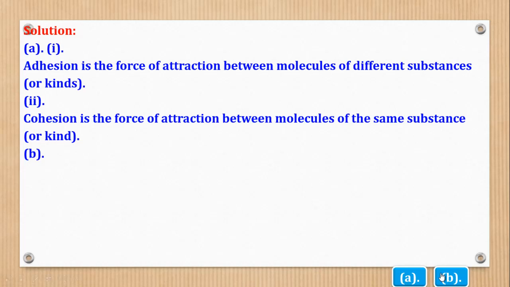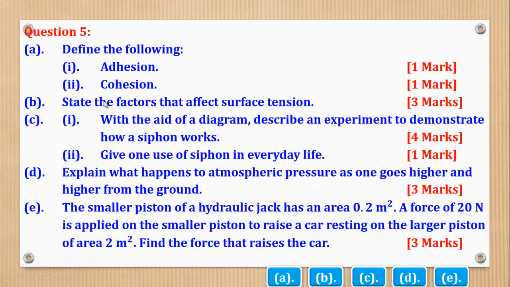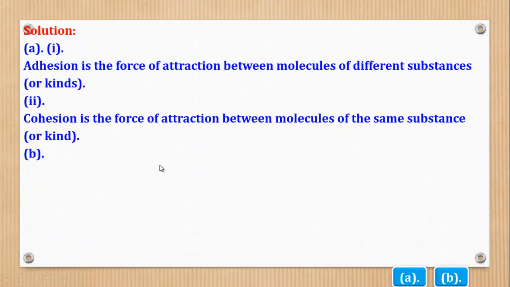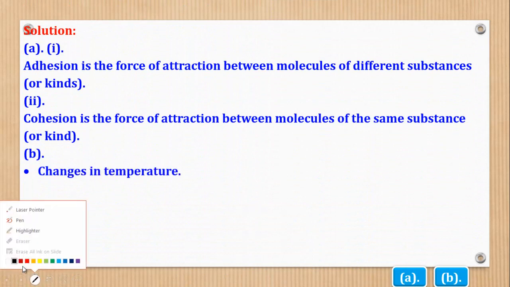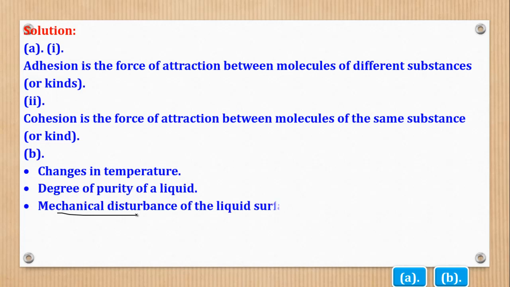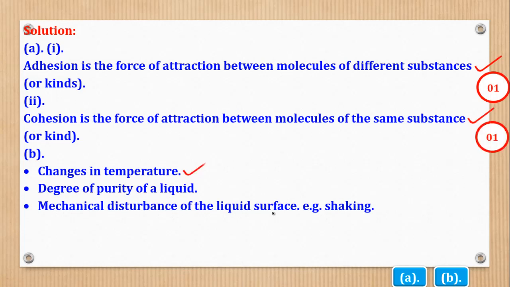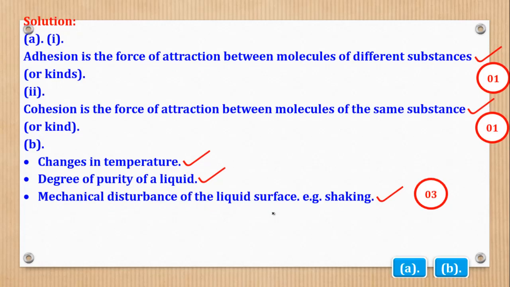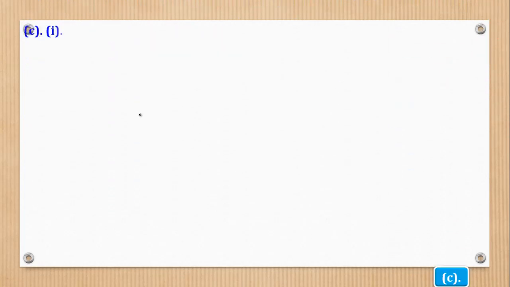Then part B, state the factors that affect surface tension. So 1, change in temperature, and 2, degree of purity of a liquid. Mechanical disturbance of the liquid, like shaking. And that's what they wanted. Then part C,